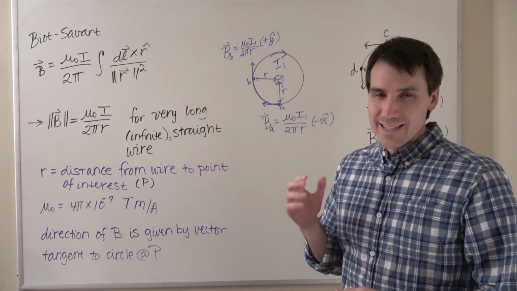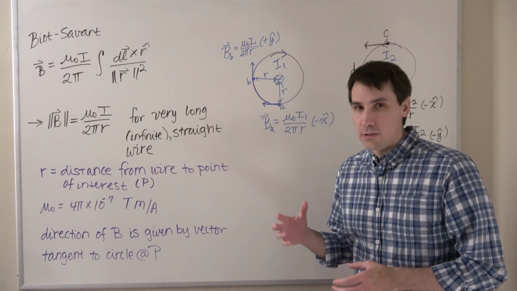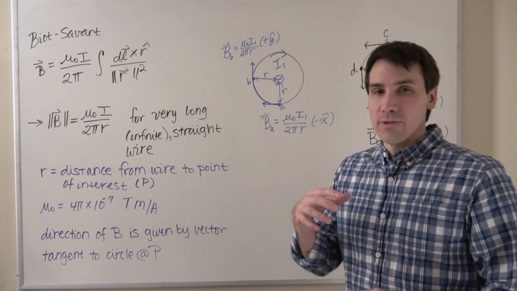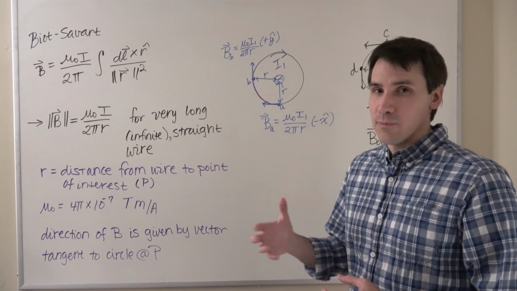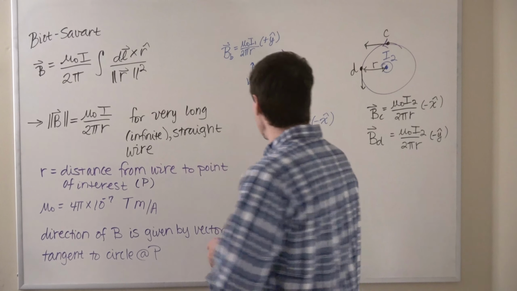In this video, we're going to continue our discussion of the magnetic field generated by a long, straight wire. In a previous video, we found the direction of the magnetic field generated by a long, straight wire, and we came up with the right-hand rule. So the right-hand rule for finding the direction of the magnetic field of a long, straight wire is that if